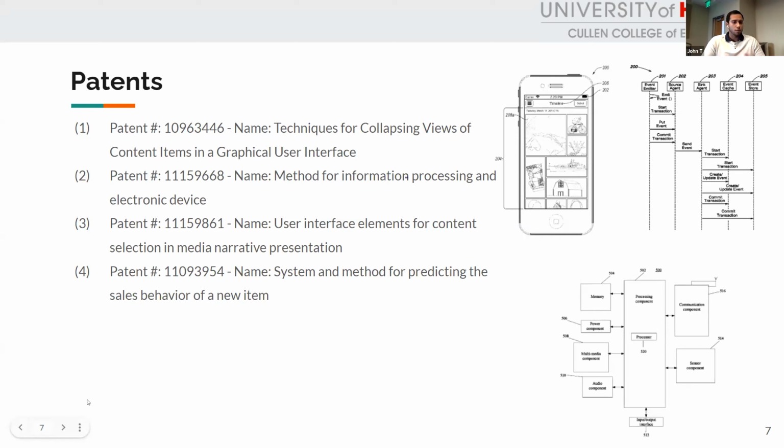The fourth one that I wanted to highlight was the systems and methods for predicting the sales behavior of a new item. That was really more for forecasting sales for a new item, one with no historical data, which is presented based on what people would like to see in terms of what they